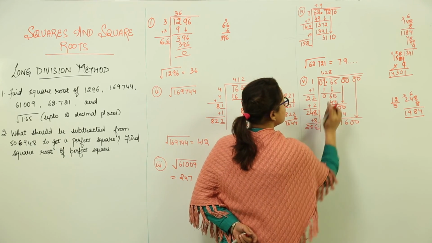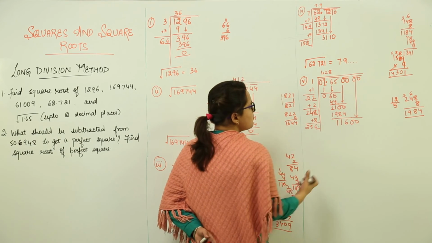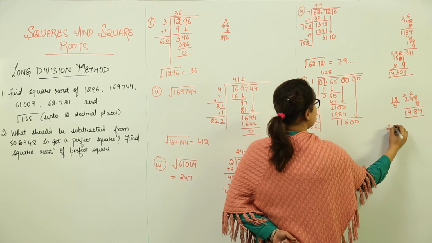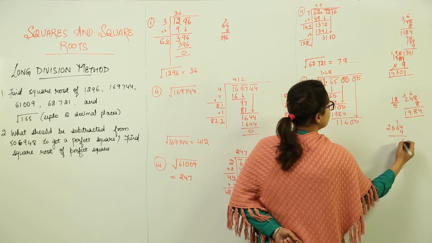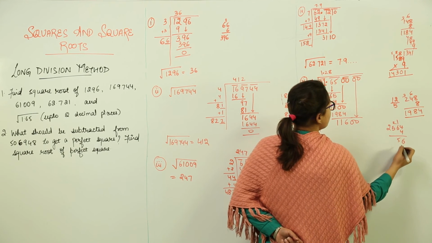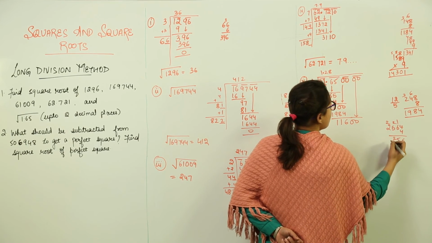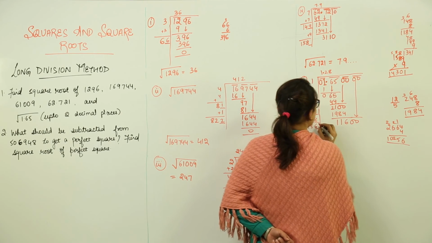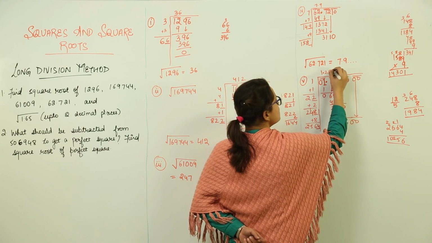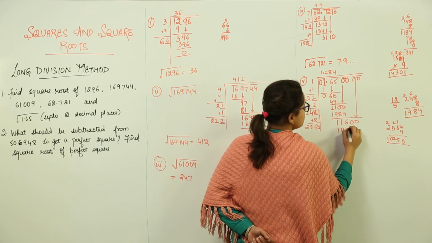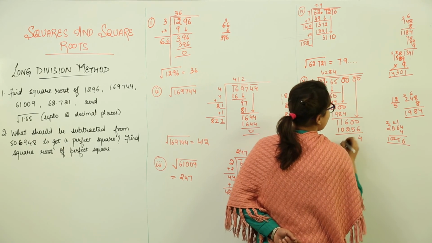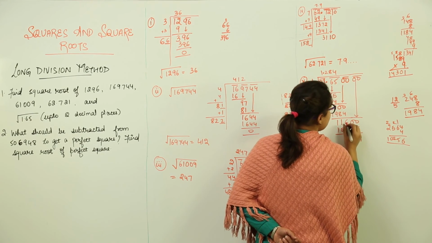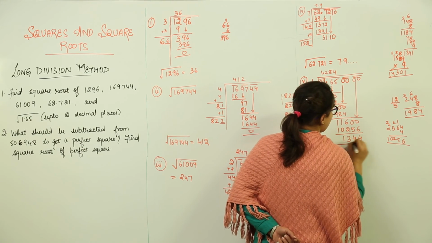Now what should come here and here to get this or a number lesser than this? We can try it. It might go with 4. 4 4s are 16, 1. 4 6s are 24, 25. 4 5s are 20, 22. 4 2s are 8, 9 and 10. Probably this is the largest possible case, right? So we do it: 1 0 2 5 6. The remainder left with us is 4. 9 minus 5 is 4, 5 minus 2 is 3, and 1.